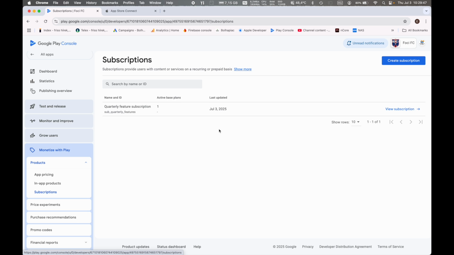Okay, so this is how you can create the different in-app purchases and subscriptions in the developer site, and once you set these up, you can go into your application and you can start to work with them. But this will be in an additional